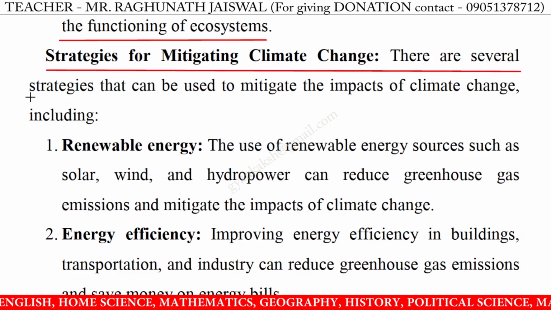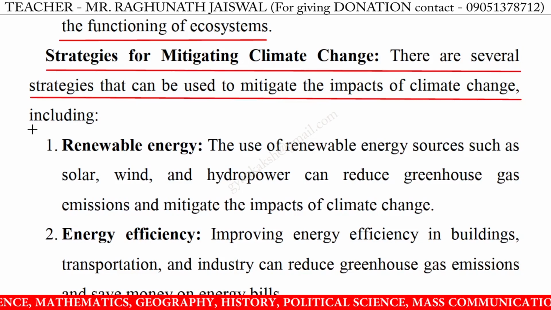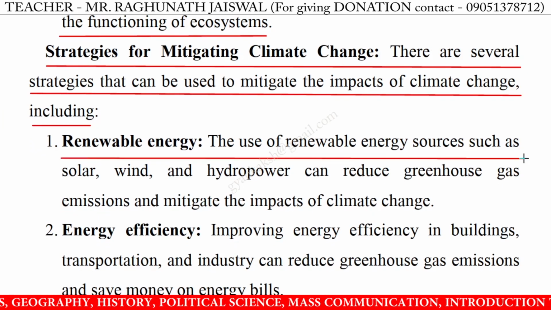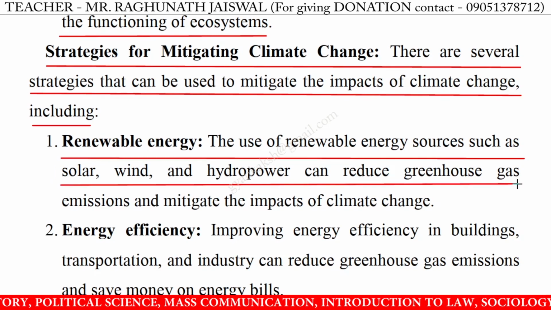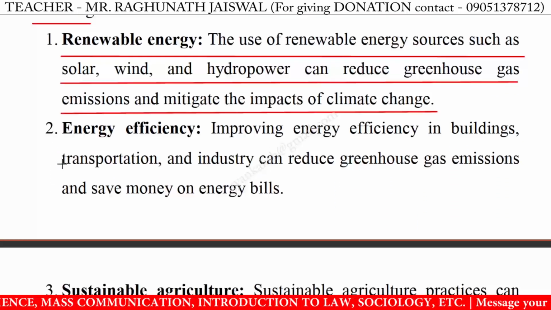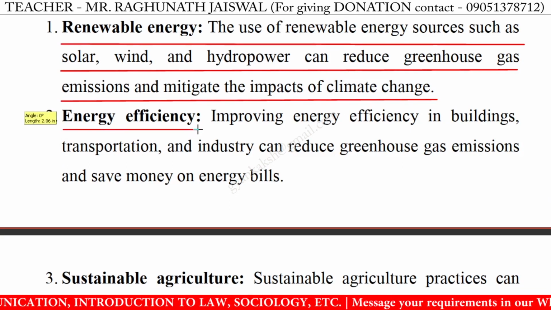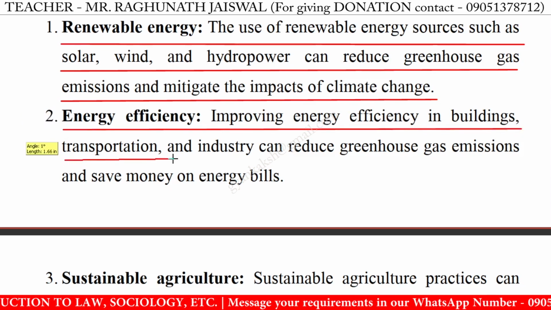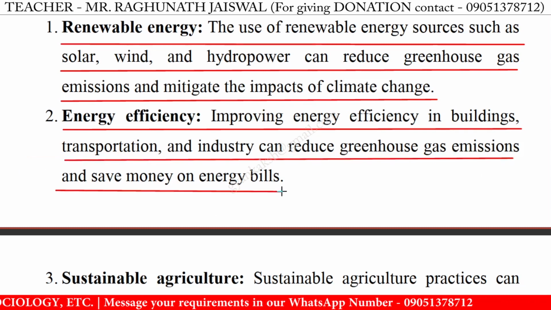There are several strategies that can be used to mitigate the impact of climate change, including: 1. Renewable energy. The use of renewable energy sources such as solar, wind, and hydropower can reduce greenhouse gas emissions and mitigate the impact of climate change. 2. Energy efficiency. Improving energy efficiency in buildings, transportation, and industries can reduce greenhouse gas emissions and save money on